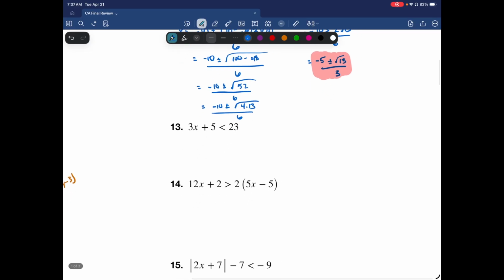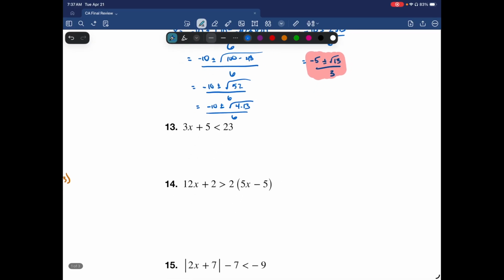All right, 13. We're trying to find the interval notation for this inequality. All right, so solve it like it was an equal sign. So you get 3x, subtract the 5, you get less than 18. 18 divided by 3 is 6. All right, so I got,